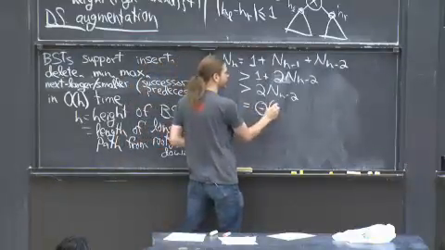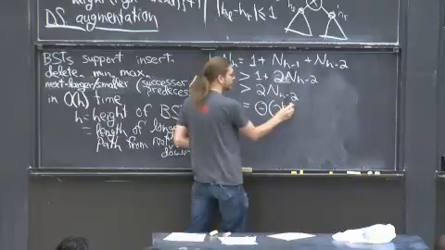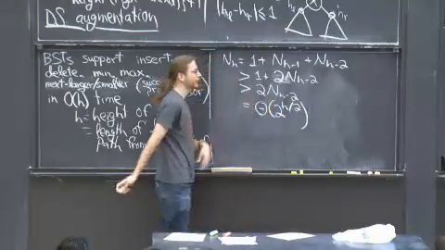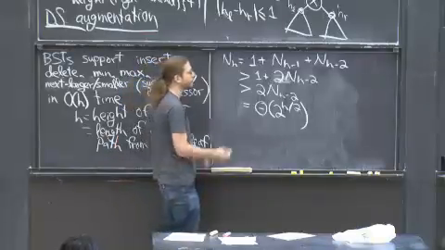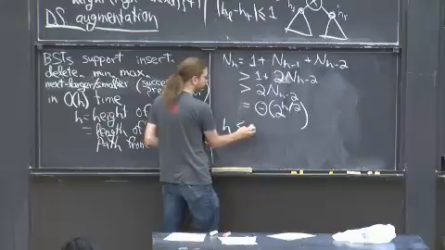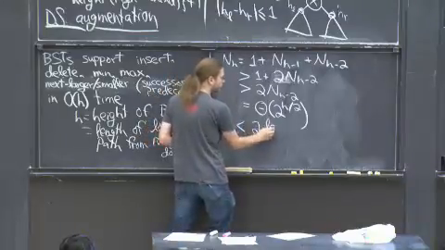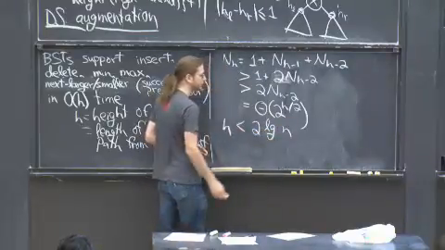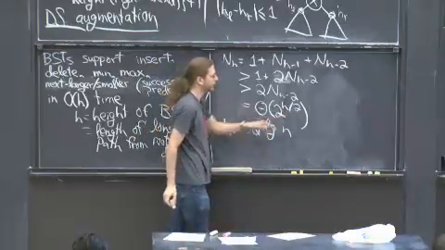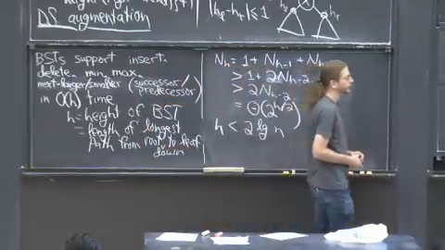So I'll just write theta to avoid the base case. 2 to the h over 2. Every 2 steps of h, I get another factor of 2. So when you invert and do the log, this means that h is also less than 2 log base 2 of n. Log base 2 because of the factor 2. You take the log.